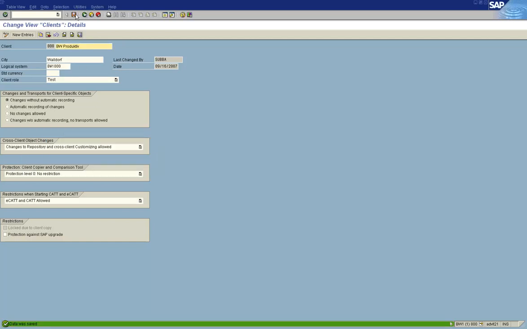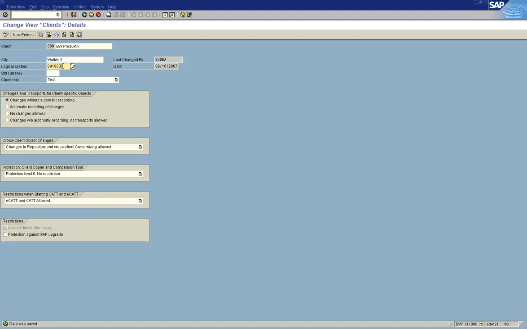The precaution you need to take is that you can do this step, assigning the logical system name, only if a logical system name is not already assigned to the client. If you find that some logical system name is already assigned, then you should not change it. You should use the same one in your CUA setup.